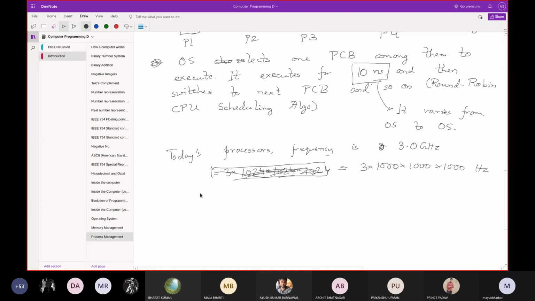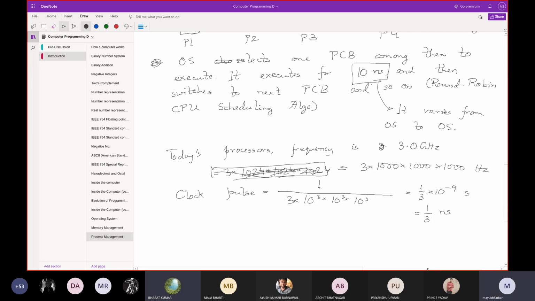So the clock pulse is getting generated at 3 into 10 cube into 10 cube into 10 cube, so 1 by 3 into 10 to the power minus 9 second, and that means 1/3 nanosecond. So after each 1/3 nanosecond, you are getting new clock pulses.